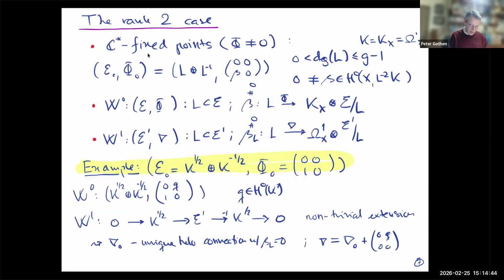Under the conformal limit, we know that it has to go to the corresponding W1. And what is the W1 there? Well, you also have an extension of K to the minus half by K to the half like up here, but it's not a trivial extension, it's the unique non-trivial extension. And it turns out that there's a unique holomorphic connection whose second fundamental form, which is the operator you get by starting with the subbundle, using the connection, and then projecting to the quotient, with respect to this subbundle, there's this unique holomorphic connection which has this second fundamental form